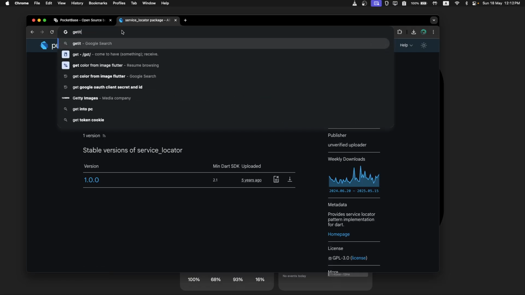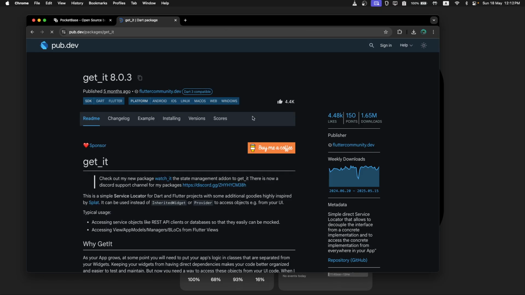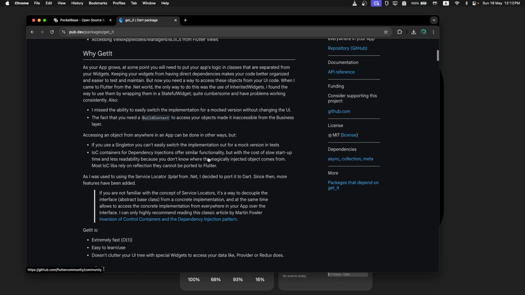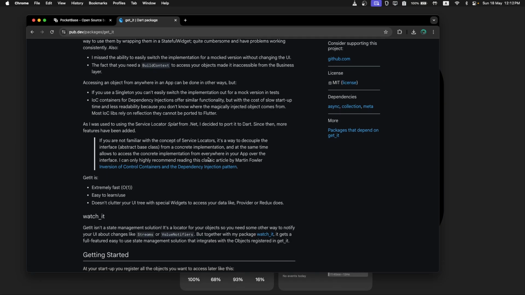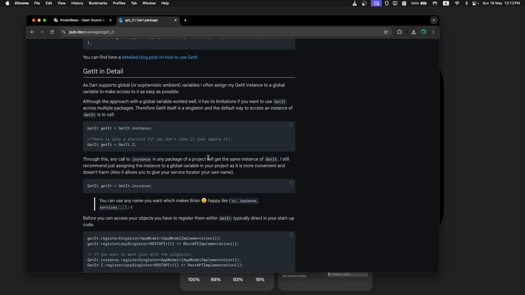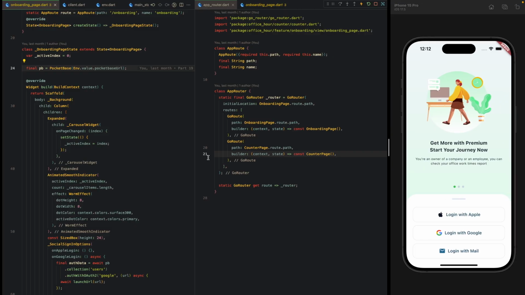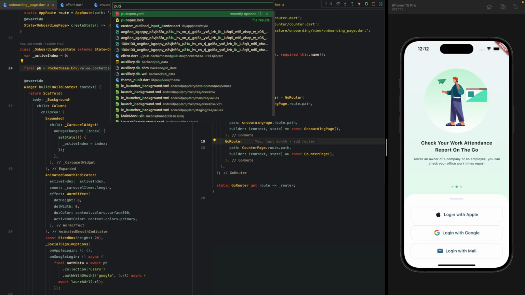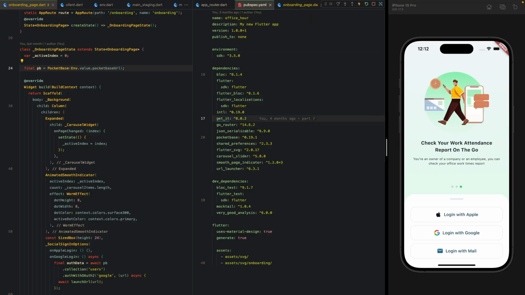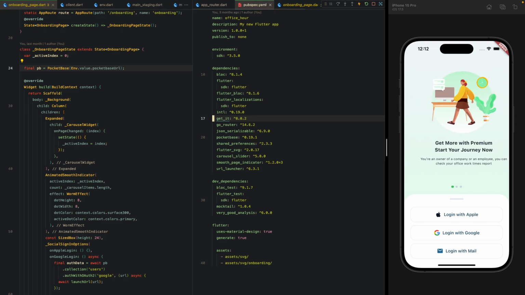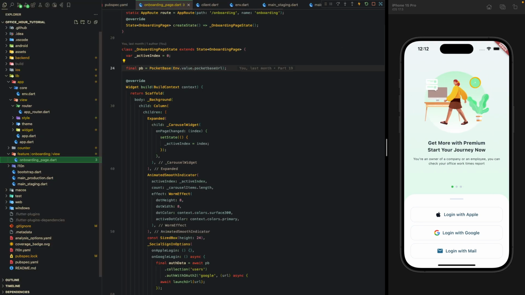That is called get_it. So the dependency injection we are gonna implement so that we can manage a single instance throughout the app lifecycle, right? So I will go to my pubspec.yaml and see. Yeah, I already have get_it, but I didn't implement it in our project. So go to folder,